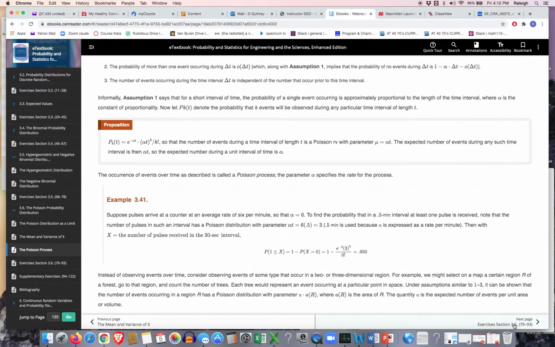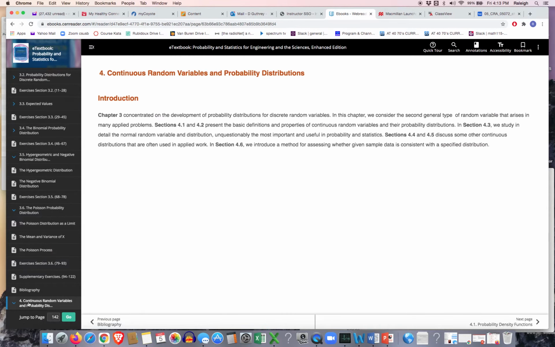Okay, so that seems to be it for chapter 3, and I'm going to jump ahead to chapter 4. So let's see if we can do that. And they have a little bit of introduction. Just to recap what we did in chapter 3 briefly. Chapter 3 concentrated on the development of probability distributions for discrete random variables. But now we're going to go to the second general type, for many applied problems, and that will be for continuous